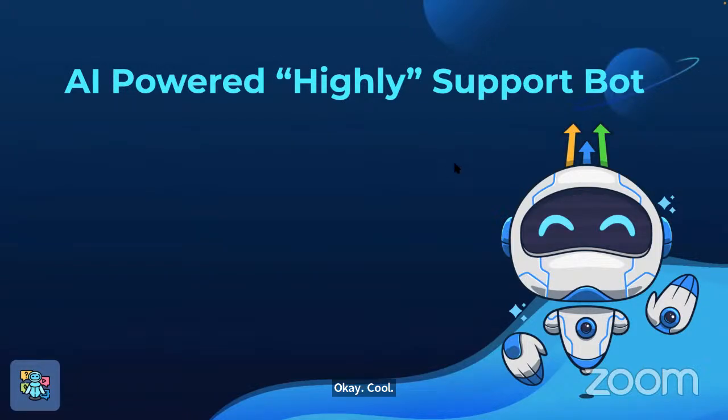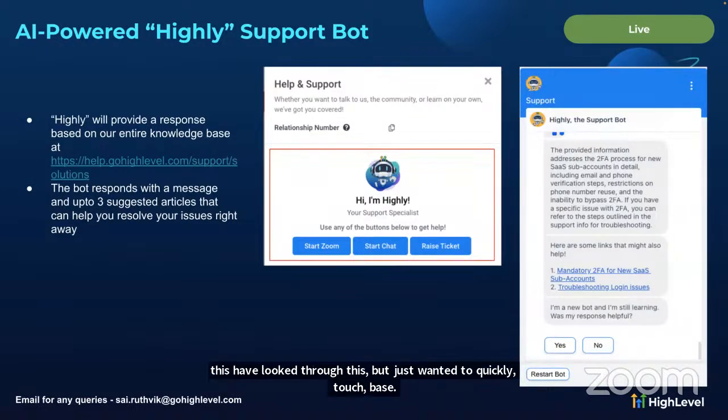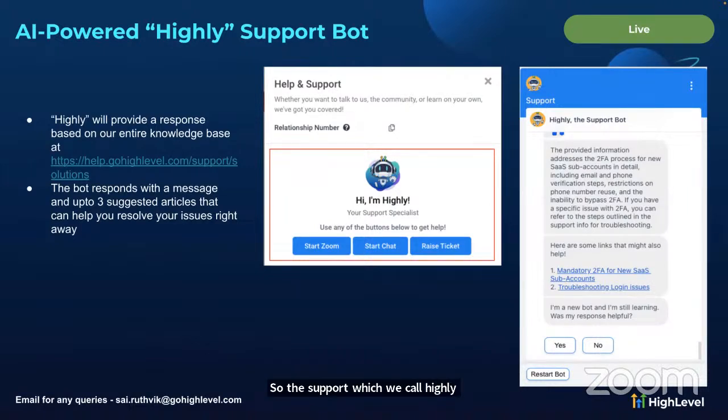Hi, everyone. I'm Sai Rutvik. I've joined High Level fairly recently as a product manager for Support AI. Just wanted to quickly touch base upon the Support AI module. I think a lot of you have been using this and have looked through this, but just wanted to quickly touch base. So the support bot, which we call Highly, has been integrated to power itself with AI, and